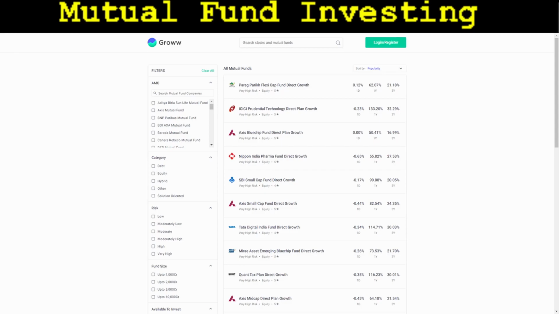So on the screen you can now see a popular website which lists different mutual funds, and we can also compare them here. We have different websites on the internet to compare mutual funds, and we can select any one of them. More or less the features remain the same. So we will just zoom it out so that all the options are visible clearly.